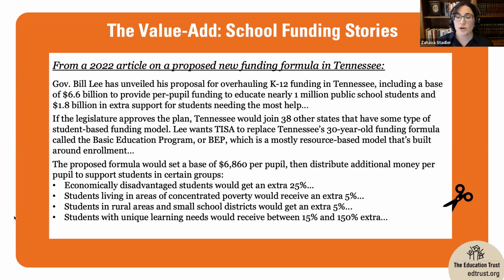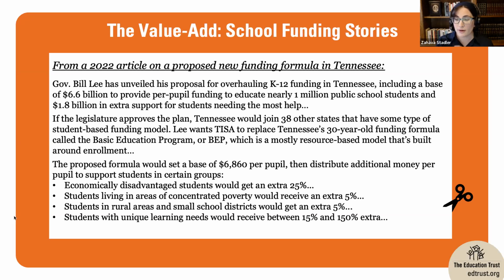using FundEd could include comparisons for these things in the bullets at the bottom. So this is part of a bulleted list in the article. And it says, for instance, this proposal has 25% more for economically disadvantaged students. What FundEd could help you determine is, how does that percentage boost stack up nationally or against other states in the region? And we're talking about a 25%